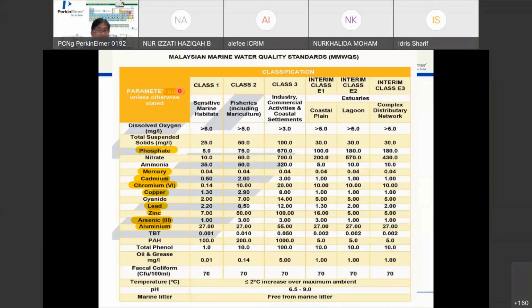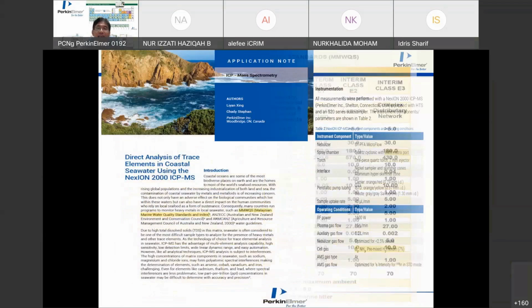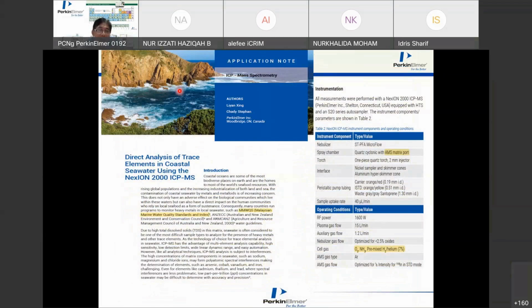They are high sodium, high calcium, high potassium, high magnesium. They are in the percent range, more than 10,000 ppm. And with Perkin Elmer, we do have this paper on direct analysis of trace elements in seawater. This is a Perkin Elmer paper, published, and also covers the Malaysia Marine Water Quality Standard and Index